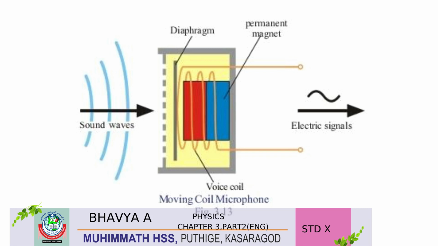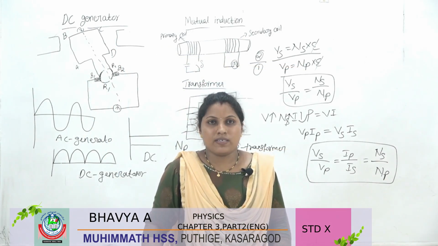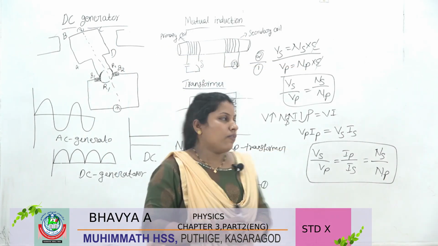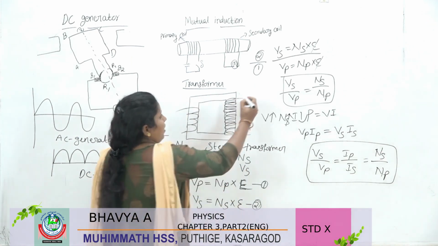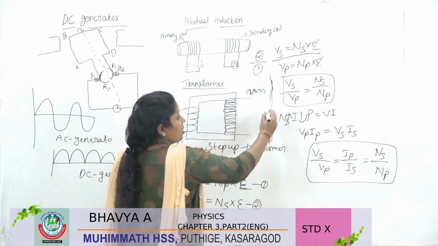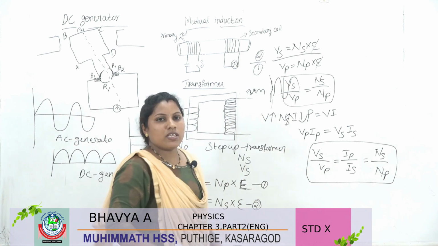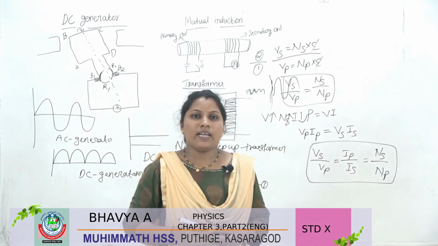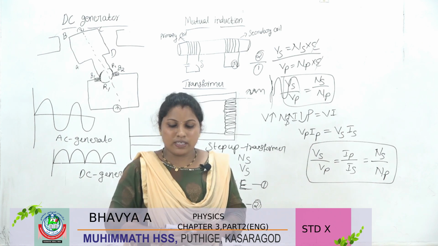So you understood, I think, when sound waves pass through a diaphragm and start to vibrate, at that time the voice coil also vibrates. So these transfer electrical signals. These electrical signals are strengthened by using amplifiers. By amplifiers, a small voice is, after amplification, converted into a large sound. So like that a moving coil loudspeaker works.